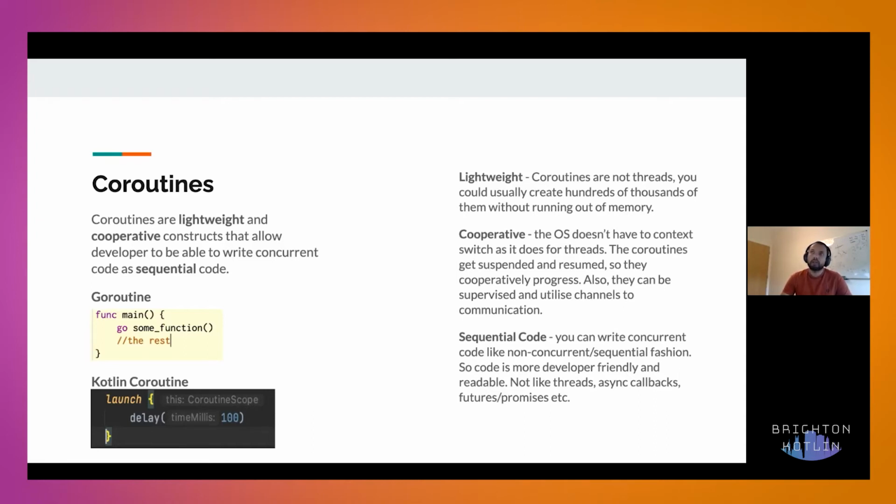What's sequential code? Sequential code is like, if you've done non-concurrent or non-multi-threaded programs, you can reason about the code very easily, because you write the code in instruction one by one, in a sequential fashion. But if you think about multiple threads, or if you want to use callbacks or futures or promises, it becomes ugly. You have these callbacks, and it could end up as very complex, hard to read code. So another benefit, readability and ease of debugging, comes with coroutines because of the way we sequentially organize the code.